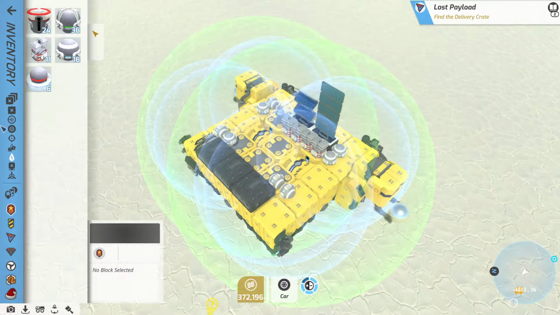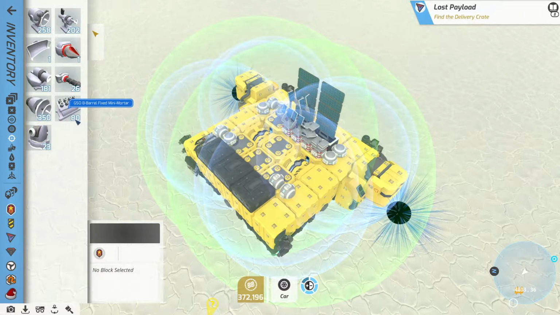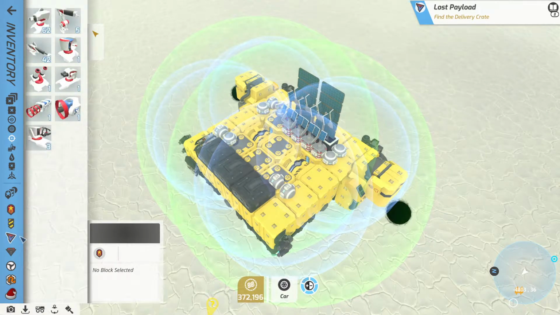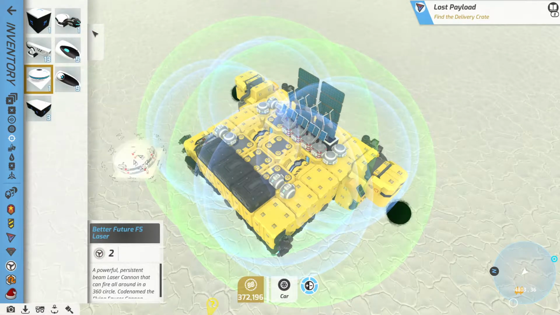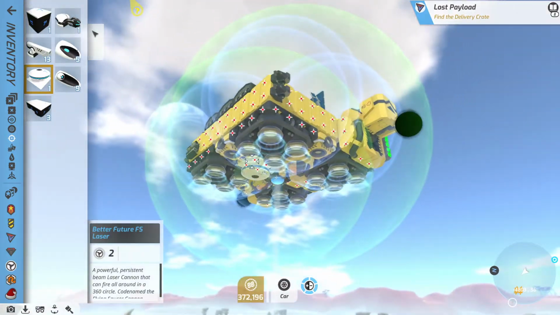I think I want more close range weaponry. Megaton cannon is cute. The mini mortar also cute. Doesn't really do what I want. No real Geocorp weapons to speak of. Sonic Lance, the needle laser. Oh, actually. What about this? The future FFS laser. Fortunately, I don't really have a lot of good...